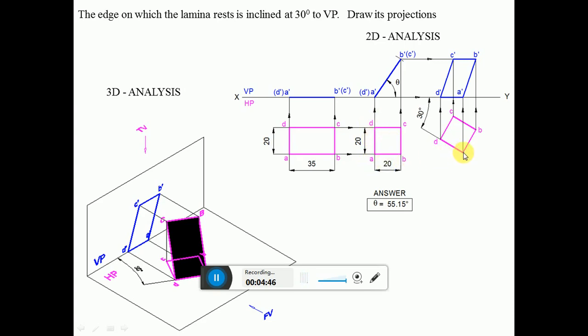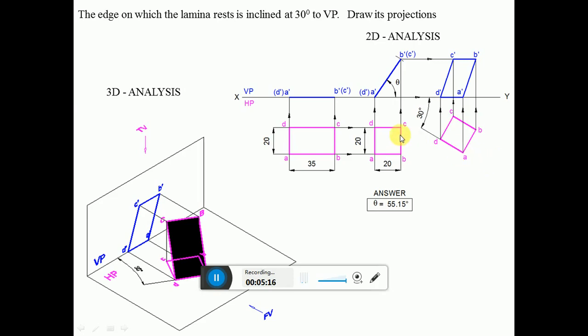Then draw a perpendicular to this line from A and D. By using the protractor, keep the protractor here and measure 90 degrees with respect to this inclined line, and draw a perpendicular line from A and also from D. Measure the length from A to B and D to C, both are equal. So from A you cut an arc on this, and also from D you cut an arc on this. So you'll get BC and join ABCD. Then complete the square. Then you redraw the same sketch at an angle of 30 degrees. That's what we have done.